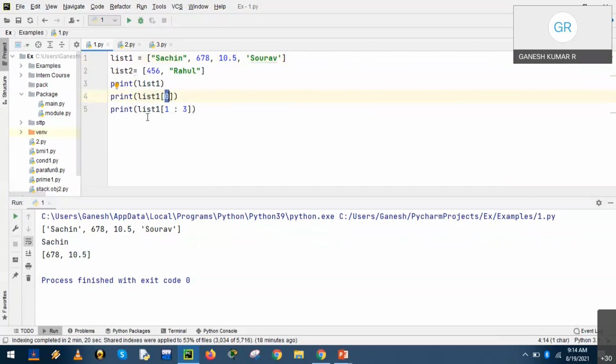The third print function uses the slice operator and retrieves the values that fall in the range of the initial value and n minus 1. Accordingly, we have got the output. Now, what is your observation? From the output displayed in the lower compartment, can you share your observations?